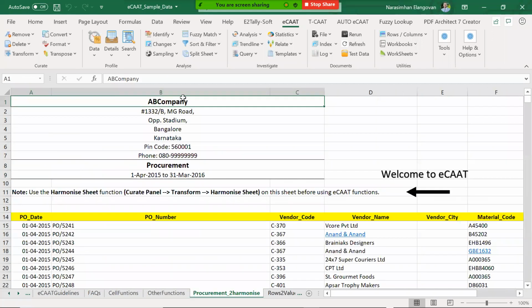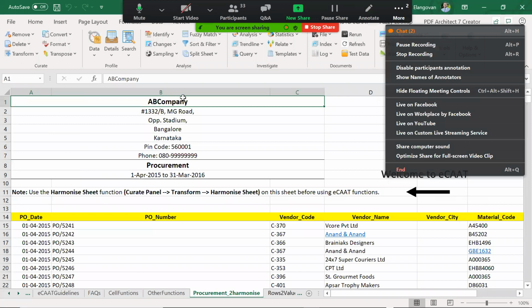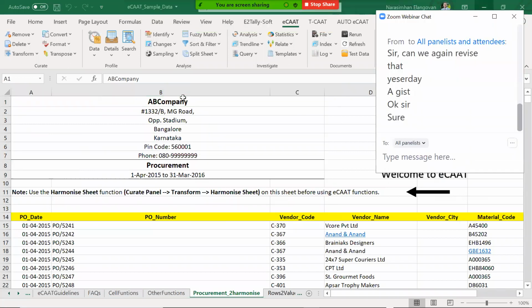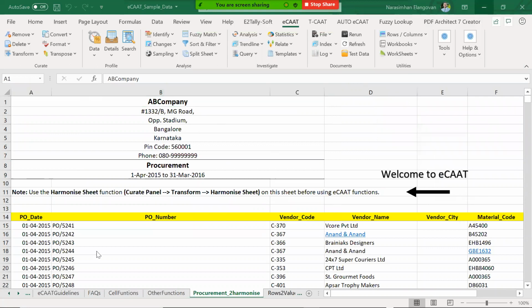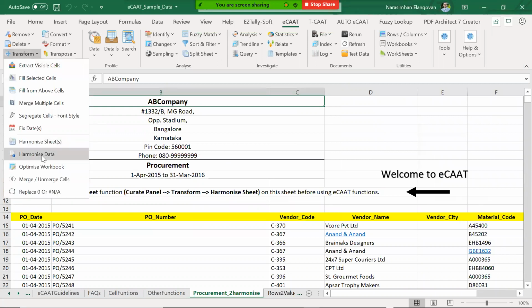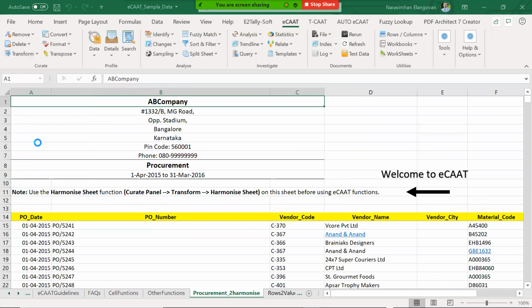So the first thing we are going to look into is harmonize sheets. Just as a quick gist, harmonize sheets is a feature where you can cleanse the entire sheet in the format in which we want. You simply click on transform and harmonize sheets.